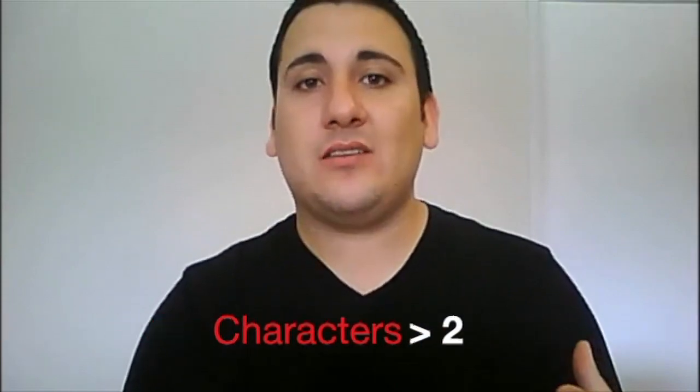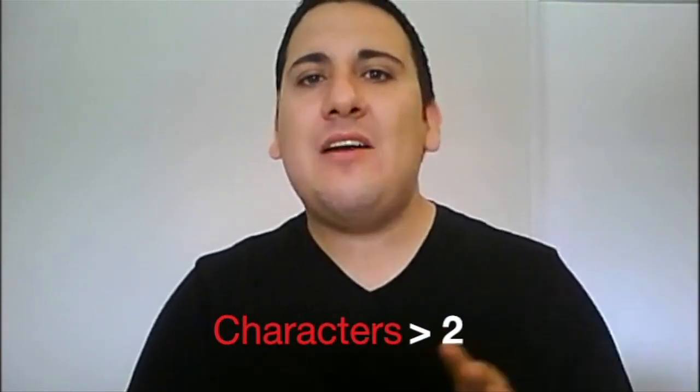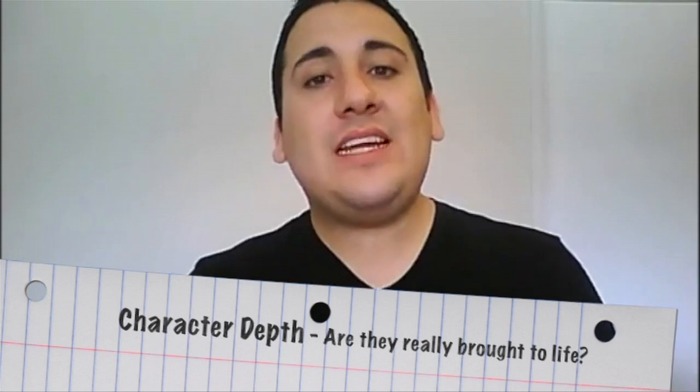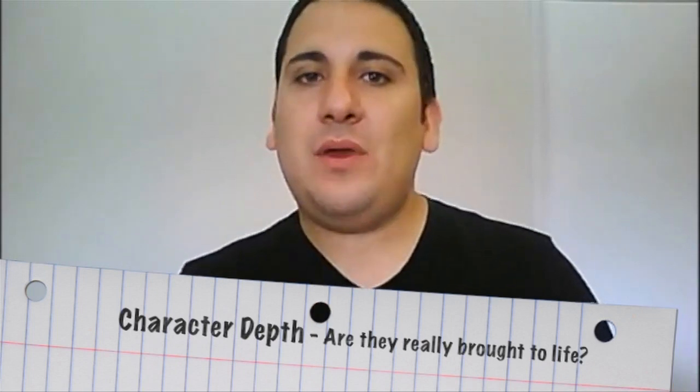Humorous interpretation is unique in that it provides the students the opportunity to create something with more than two characters. Typically in other interpretive events, you will have anywhere between 1 to 3 characters at the max. With humorous interpretation, you can get up to 20 characters in a 10-minute performance. That's a lot. As with anything else that you may be judging, you have to evaluate the depth of those characters. Did this student bring those characters to life, or did he or she simply leave those characters in because it provided only some kind of shallow humor to the piece? When you find out what exactly the student is trying to accomplish with those characters, you can start to put weight on the difficulty of the piece that they are performing.